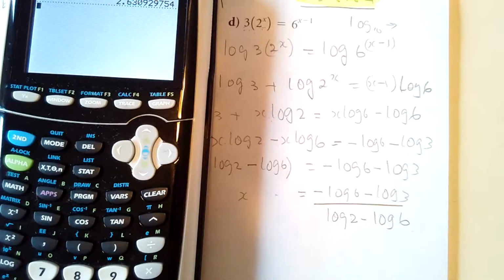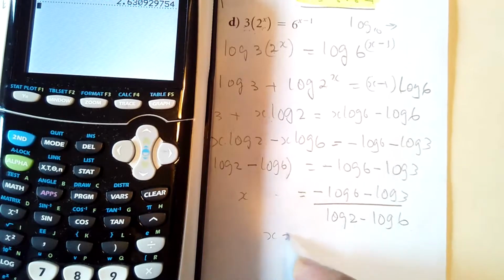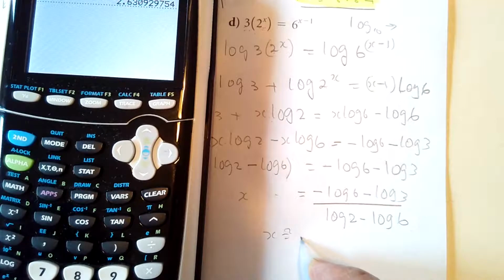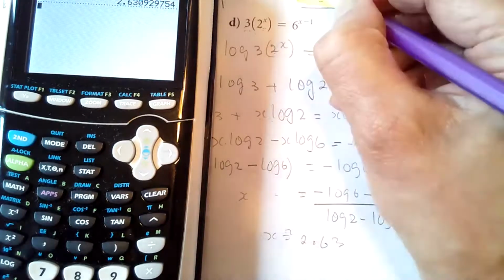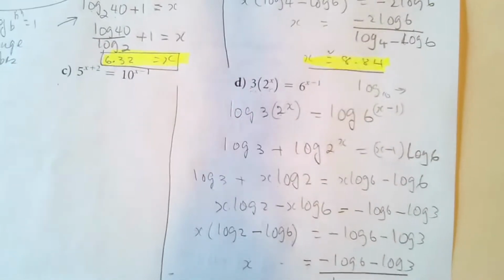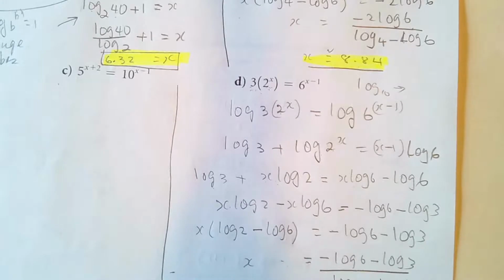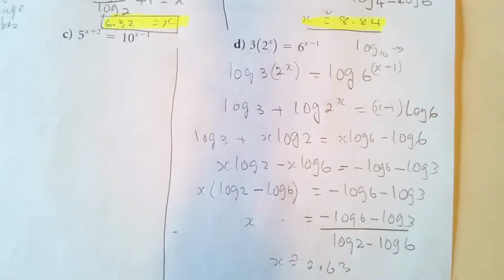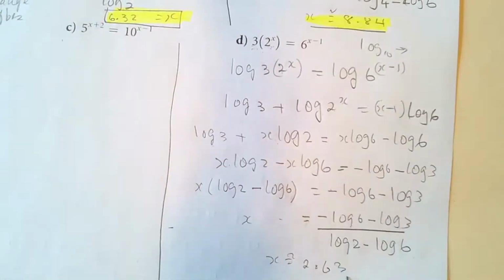And then it gives me a result: x is approximately 2.63. By the way, all the other ones we did are approximate answers, they're not precise. So approximately 2.63 as our final answer for D,